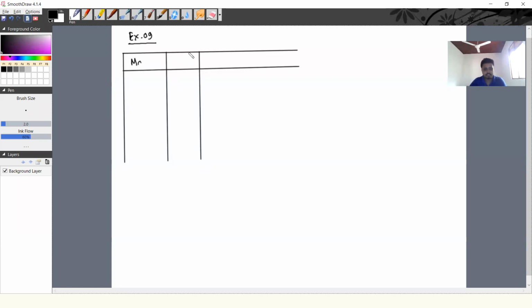Marks and frequency. 10 to 24, 25 to 39, 40 to 54, 55 to 69, 70